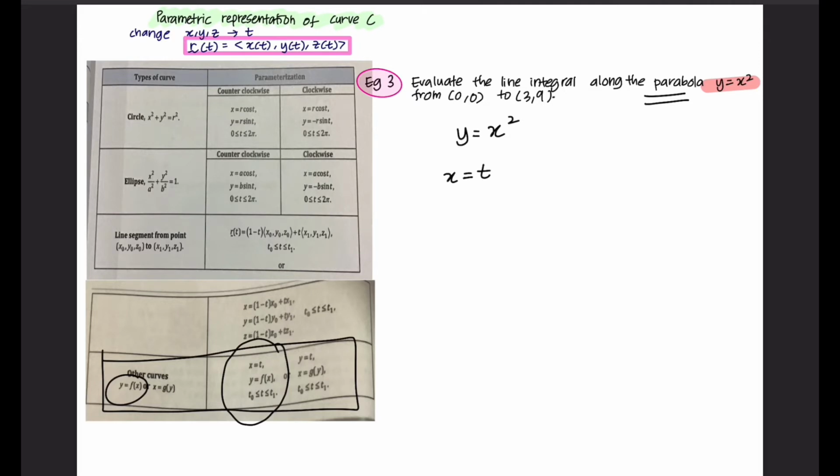Let x equal t. Y equals f(x), so substitute x equals t in the function. So y equals t square. So r(t) equals (x, y)